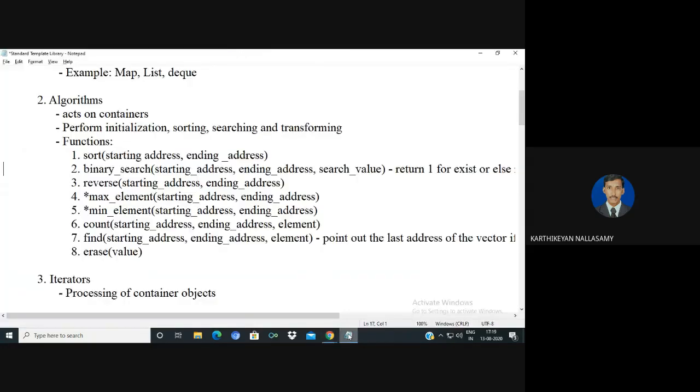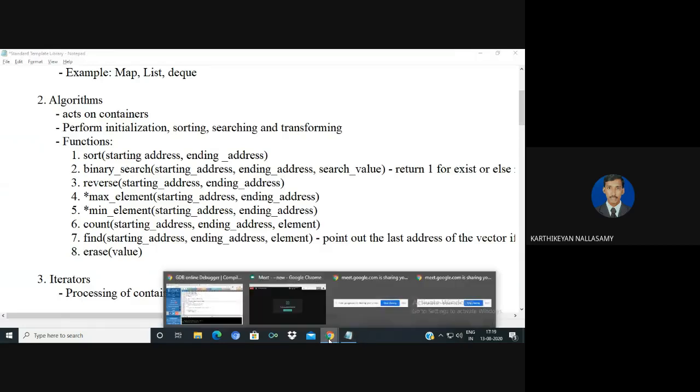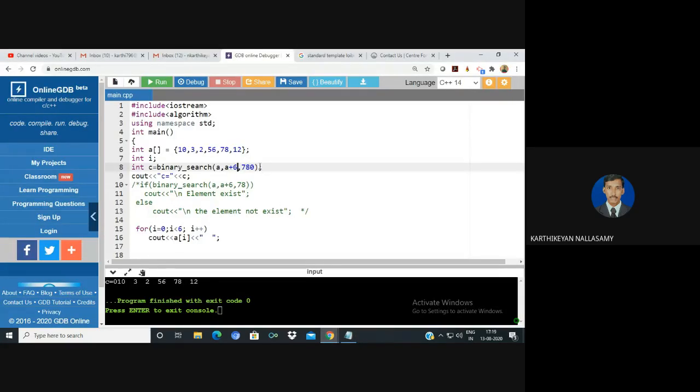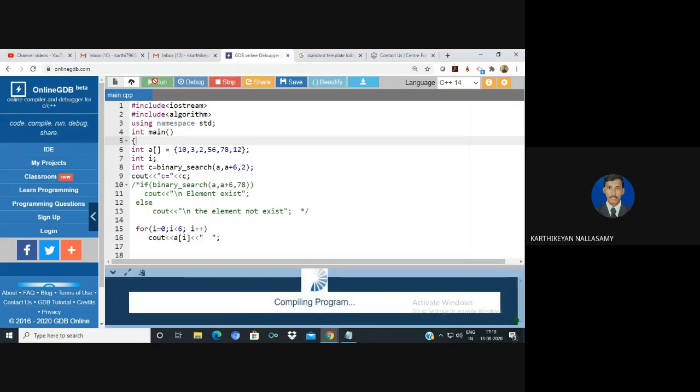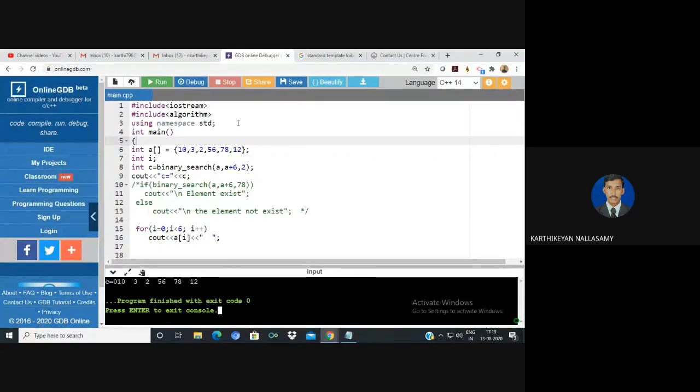So what is the syntax? There is the binary search, the starting address, the ending address, and the search value. That is the syntax. Just a minute, I can check for some other value and compile. Let me try like this.